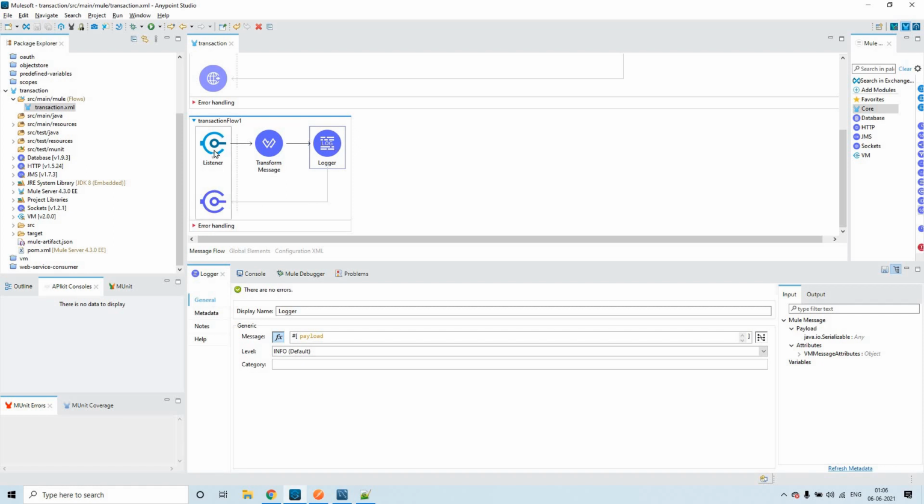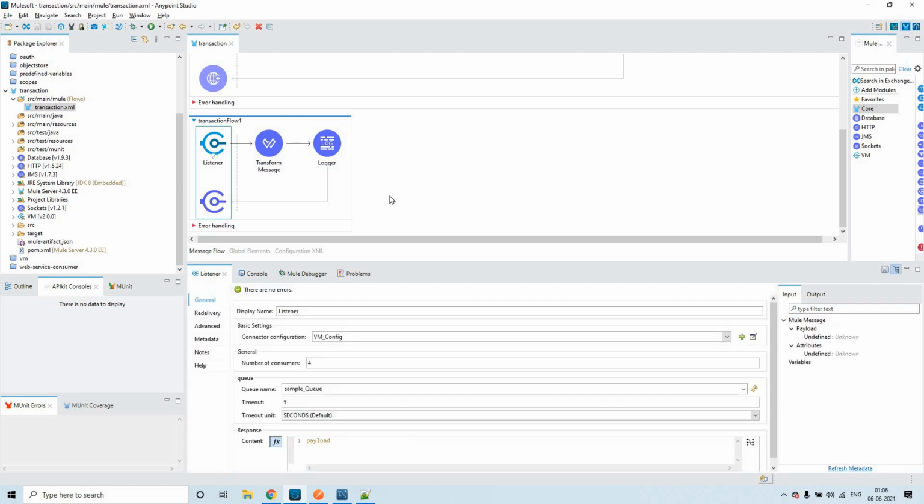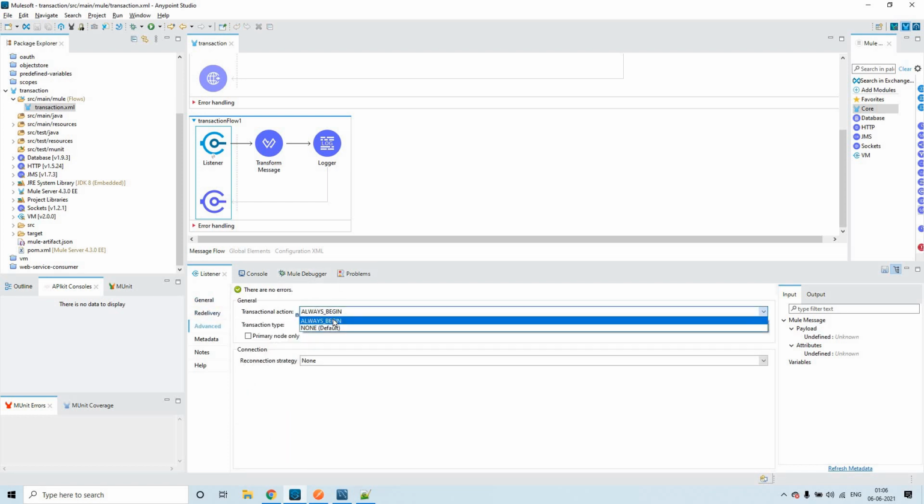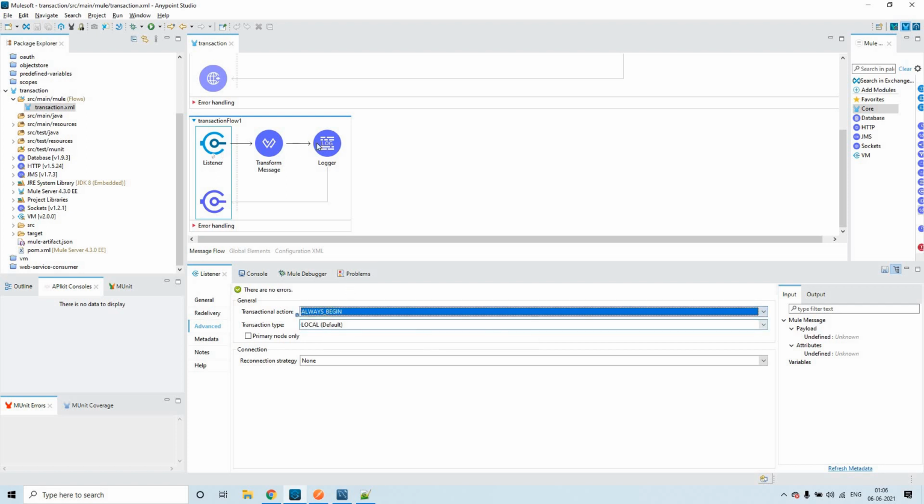By doing this setting, from none, which is the default, I have changed it to always begin. That means this particular flow has acquired transactional behavior. It is a local transaction because for this flow we don't require to configure anything else.